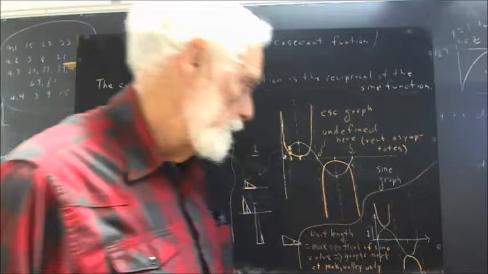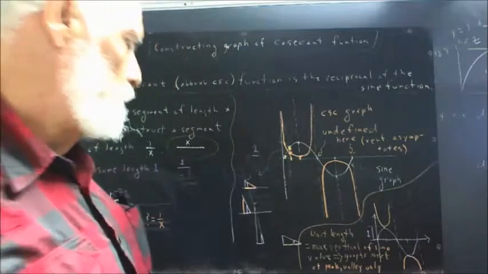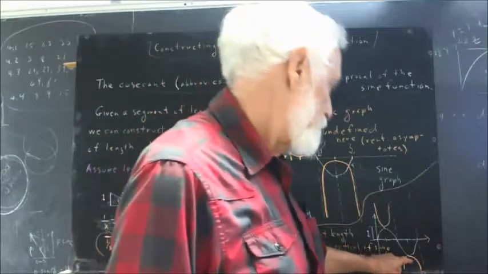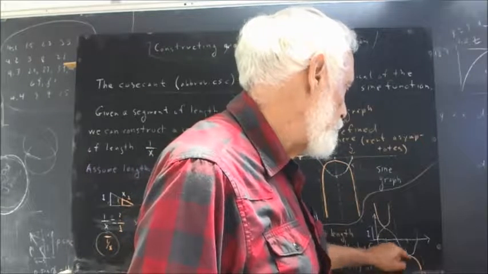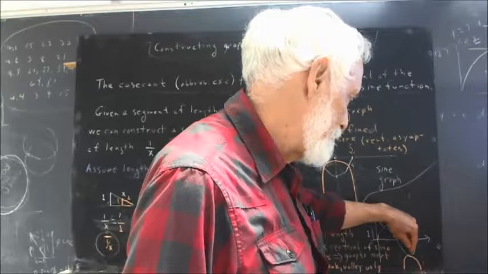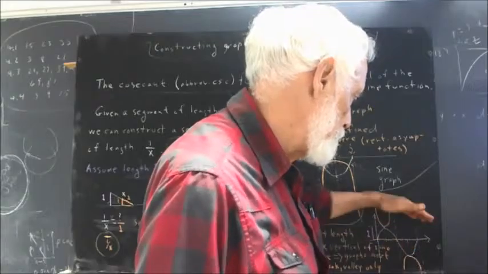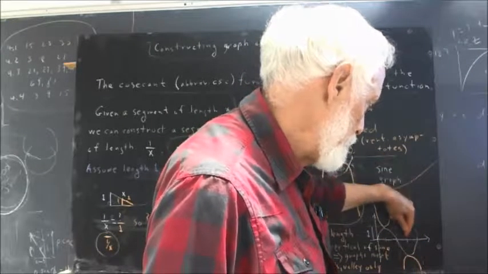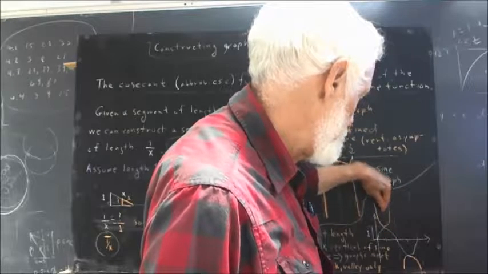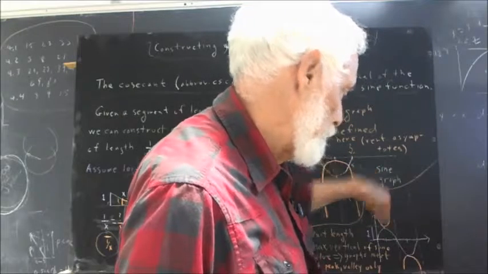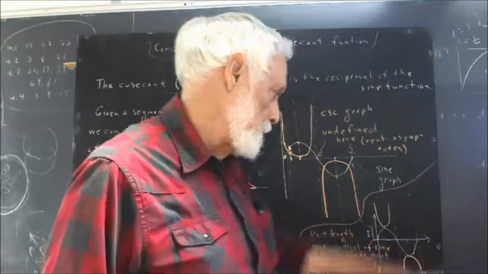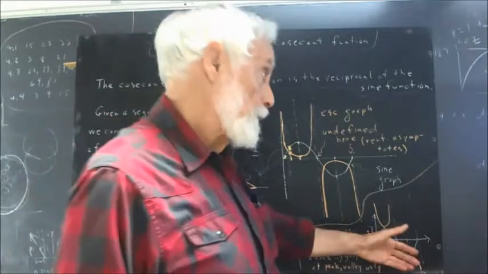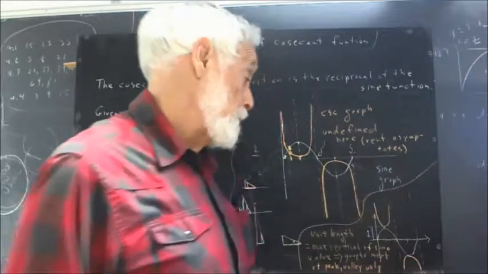Now everything's a little bit askew, bad angle with the board, unable to draw it as accurately as I'd like. The point where this graph takes its maximum values, of course, the point where it levels off, should be symmetric about a line through this point, as this should be about a line through this point. So I didn't get the symmetry quite right, but you get the idea. So correcting for symmetry and correcting for the shape of the graph,